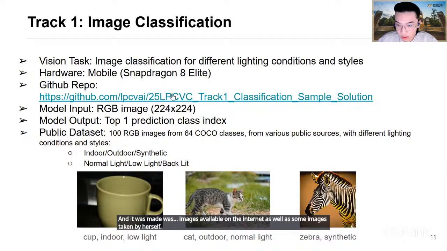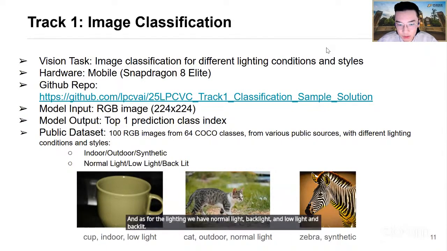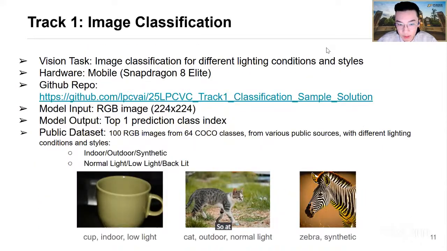And of course, the images have different lighting conditions and styles. For example, for the styles, we have indoor, outdoor, and synthetic images generated using Stable Diffusion. And as for the lighting, we have normal light, backlight, low light, and backlit. So at the bottom, we have some examples from the public data set.